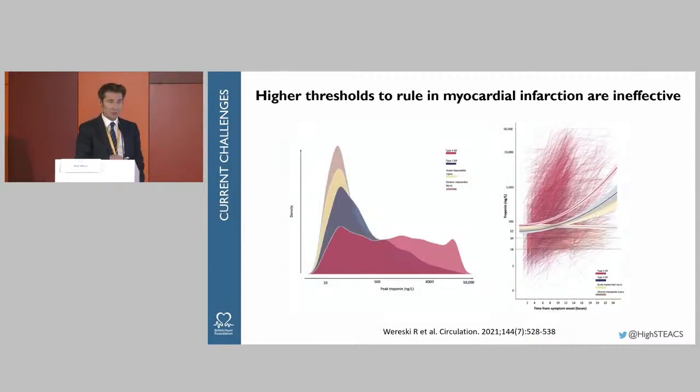Here's another challenge, right? Sometimes we think, well, maybe we can resolve this by pretending we don't have high sensitivity and using a threshold, good old-fashioned higher threshold to try and improve performance. But when you try and look at higher thresholds in routine clinical practice, where troponin testing is performed very widely, it doesn't actually help a lot. This is the Weriski plot, which shows you that in reality, it doesn't help us differentiate between causes of myocardial